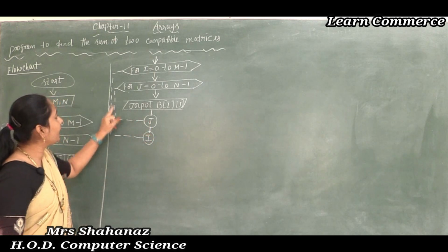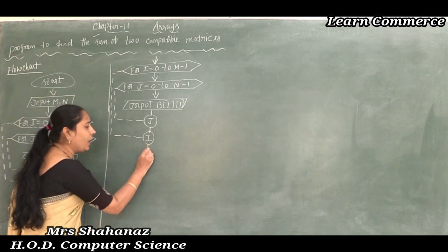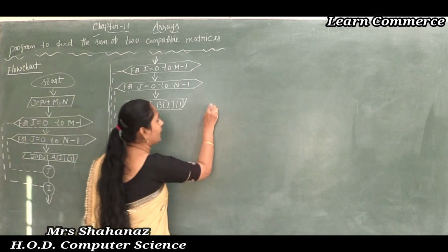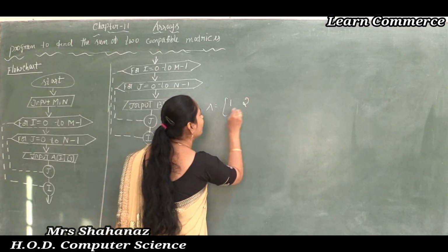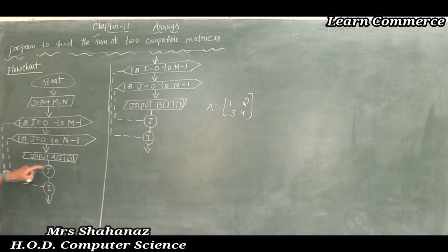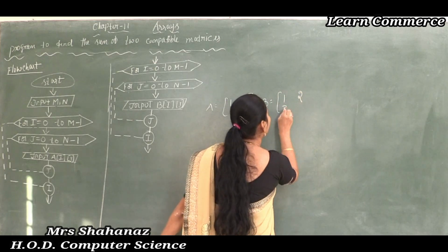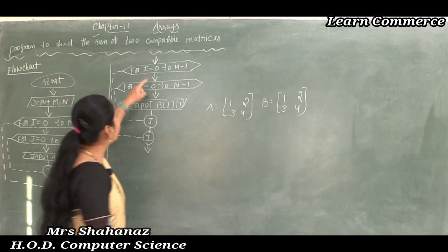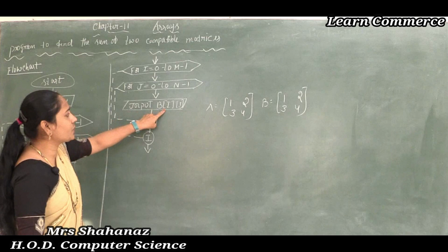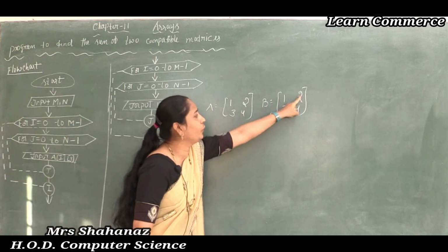So the connection to the j and the connection to our I value, and later after inputting the values, for example A value 1 2 3 4. Okay, the A value 1 2 3 4. So this is the coding, 1 2 3 4 here. Later next, B value is equal to 1 2 3 4. Okay, now this is the coding. Now we are going to input the values for the matrix B of ij, 1 2 3 4.